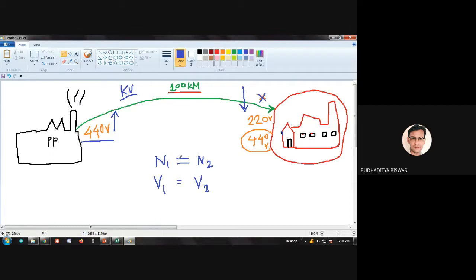To understand this, you need to remember that a transformer has two windings, and these two windings are completely electrically isolated. They are not connected to each other. Suppose this is the primary winding and this is the secondary winding. If a problem happens in this winding, it is not able to transmit to the secondary winding, because they are completely electrically isolated. If some short circuit occurs here, there are no effects.